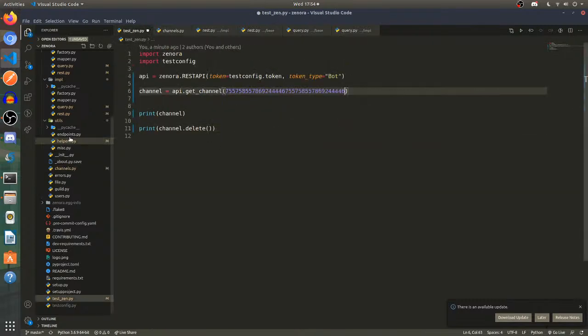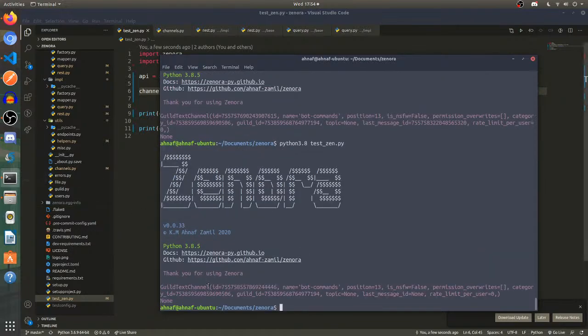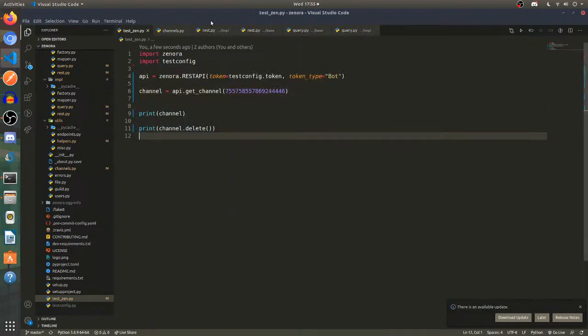Oh, sorry. My keyboard is really funky for some reason. Okay, so it doesn't have a last message ID, so the last message ID is none.